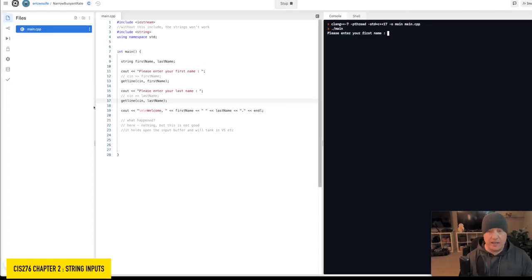And just like in our previous example, Jean-Luc is our first name. And you'll notice it doesn't skip over our last name. The getline function, so getline, the parens, inside the parens, cin, comma, and then over here, whatever the name of your variable is. That's going to deal with a string. A string can have spaces. It can have special characters. What it can't have is a new line, so the enter character,